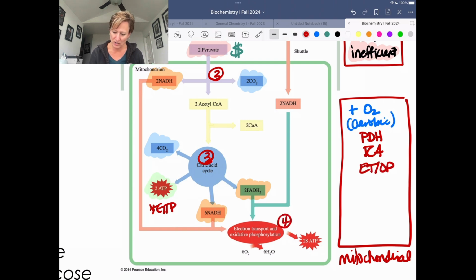Our fourth step here, we are going to cash in all of these reduced cofactors. We're going to generate a proton gradient, and use that proton gradient as a way to synthesize ATP. So if we highlight some of the pieces that we talked about with our mitochondrial processes, these three things that happen here, we say that these are much slower, so these do not produce energy rapidly, but importantly, they are very energy